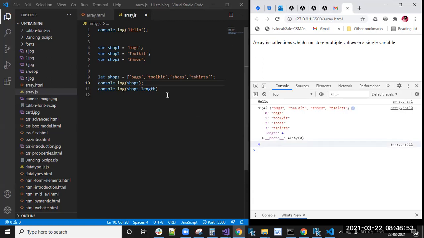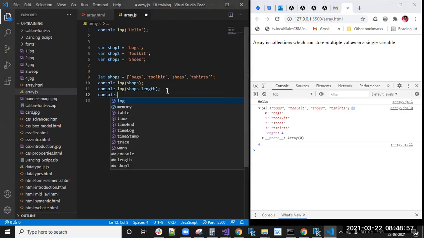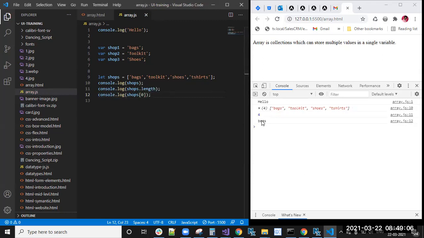Now, if I want to access the first element, how can we access it? shops[0] means I will get bags. Similarly, console.log shops[1], shops[2], and shops[3].